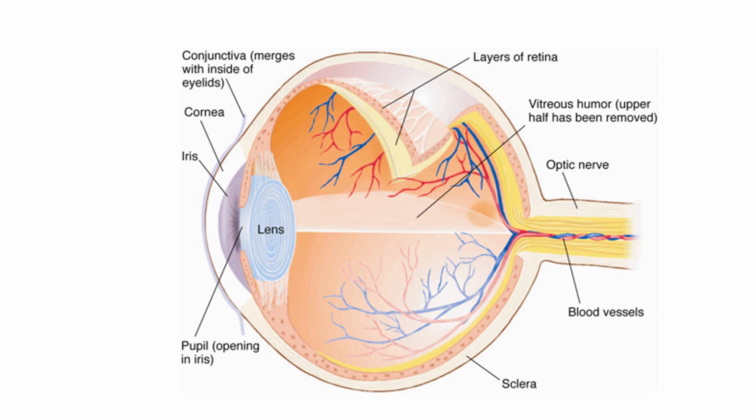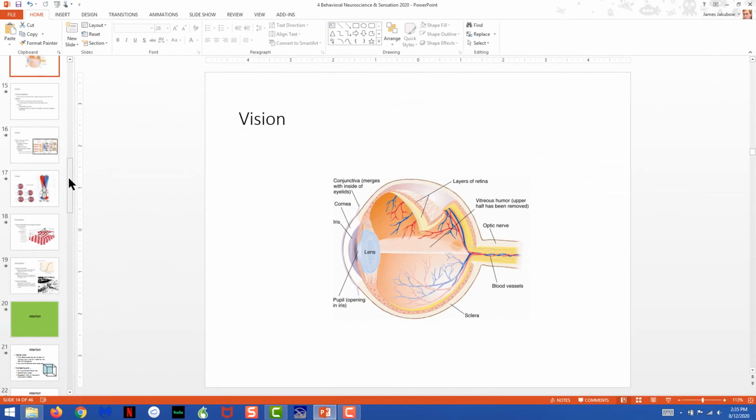Doesn't matter where you look, light is always focused on that one spot. And of course, there's a spot where no light gets detected at all, and you can see that here because there is the optic nerve, and the optic nerve, as it comes together from all the cells of the retina in the back of the eye, as it leaves the back of the eye, leaves a section without any light receptors themselves, and that is going to be responsible for your blind spot.